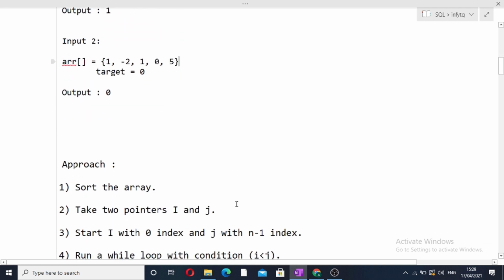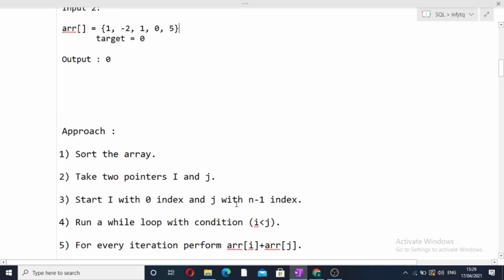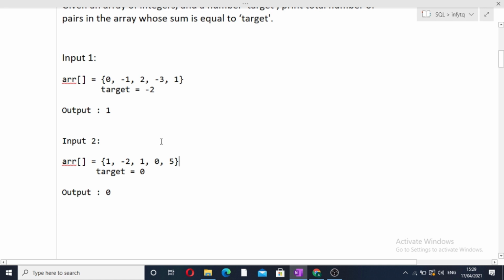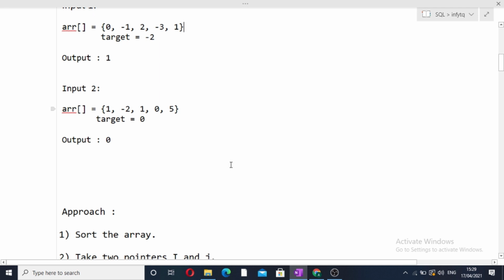Now let's read the approach of this question. One of the naive approaches that will come into your mind is to find all the pairs inside this array and then find their sum and compare it with the target. The approach is correct, but it has high time complexity. If you find every pair inside an array, the time complexity will be n square. That is a high time complexity. But the approach we will be discussing in this video will be of n log n. So n log n is smaller than n square, therefore we have to prefer n log n for solving such problems.